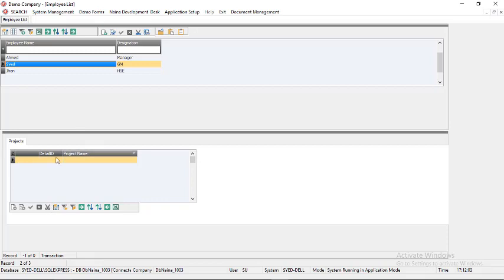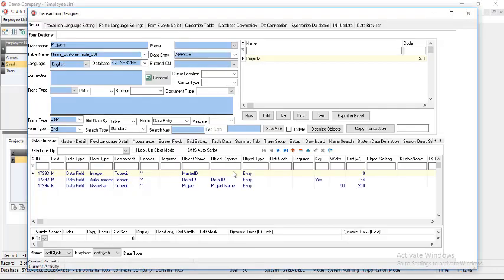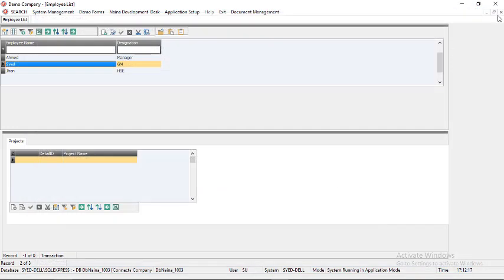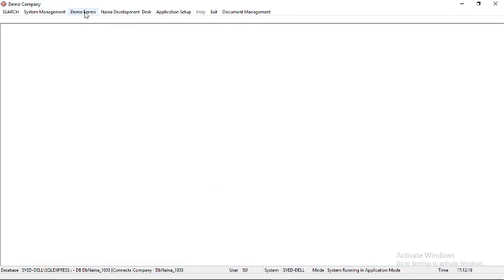So to do the changes in this part of the tab, you have to click this button because this is a detail. Now this is a master ID. Basically these two fields do not need to be displayed, but I'm just showing how the system functions. So just go back, apply list,